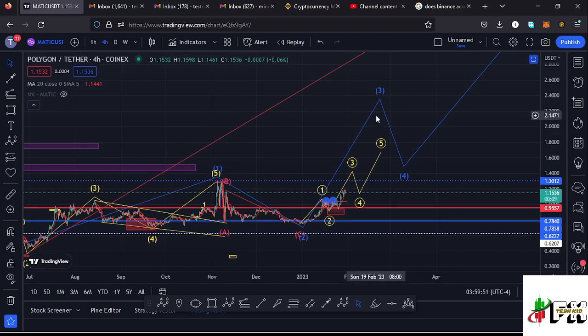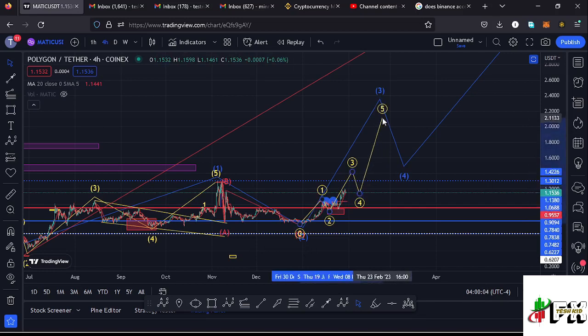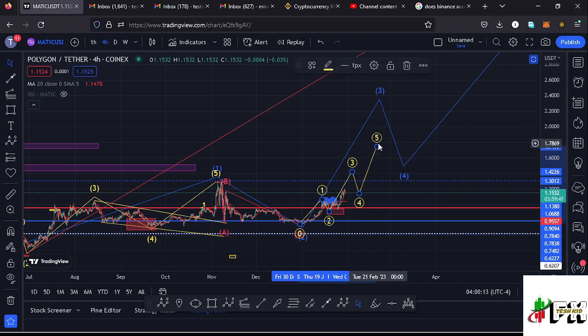And within the formation of that larger Elliott wave count 3, we also expected to see a 5-wave structure in formation, and I believe that is what is playing out in this Elliott wave structure that I have given you on the short-term scenarios, where I expect the wave 5 of this Elliott wave structure to fully maximize the formation of that larger Elliott wave count 3 to the upside here on the Polygon Matic chart,